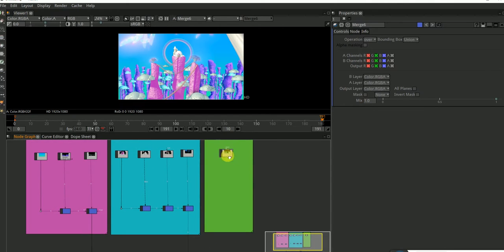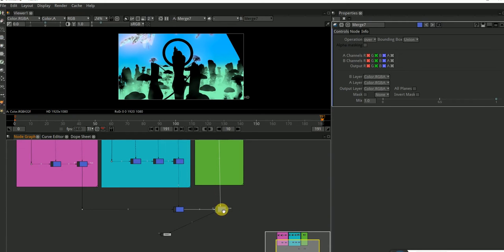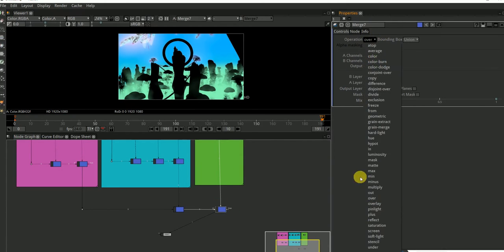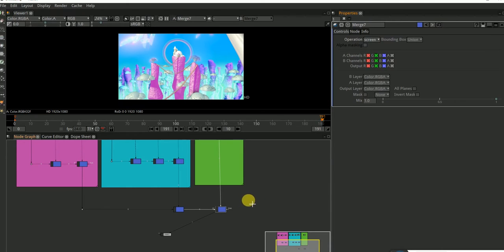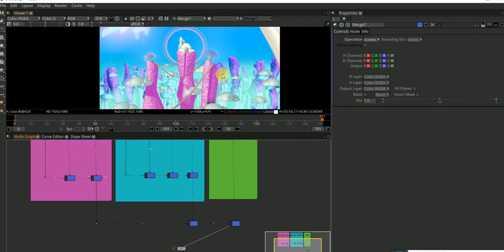And we'll do the same thing for our foreground fog here. So we'll just put this over top of the middle ground and background. And look at that. Wow, it doesn't work at all. We will screen it. Pop screen. Cool. Okay, so now that we have everything laid out, really rough and simple,